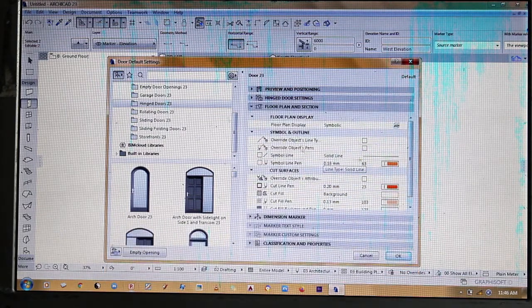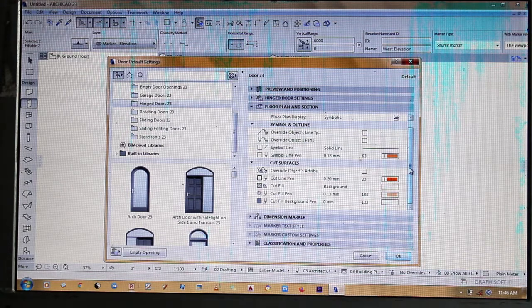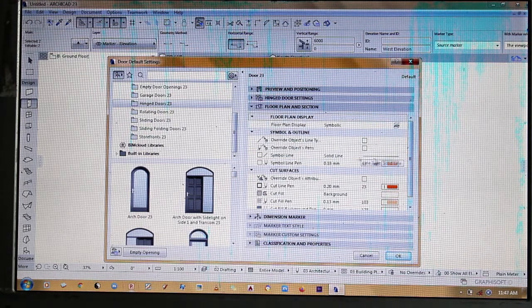Once you look at the floor plan and the sections, if you cut through the door, you will have these colors. So what we want is to customize our settings so that our final drawings are going to look like black, white, or gray drawings,